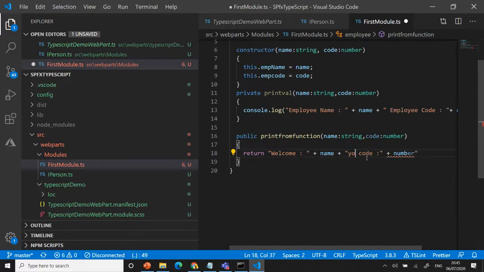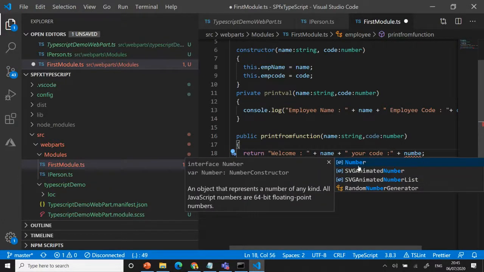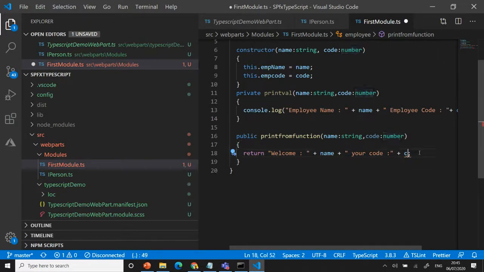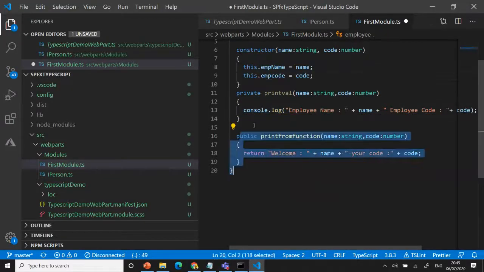Your, I can say your code. You can say welcome Jengis or whatever it is, and you can get the return back to the user. Sorry, number, not code. Okay, we have the private method, which will be called from the constructor. We have a public method called from the class.